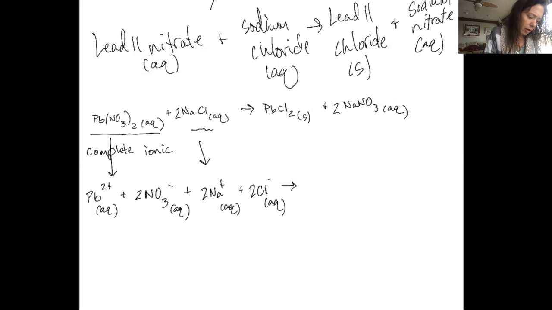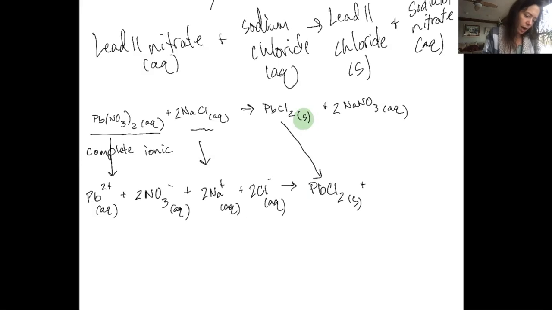The next compound, notice it is a solid. Therefore, it is not dissolved, and I will not dissociate it. I will not dissociate solids, I will not dissociate liquids, and I will not dissociate gases. To be aqueous means to be dissociated, to be dissolved, okay? So I will literally keep that as is,